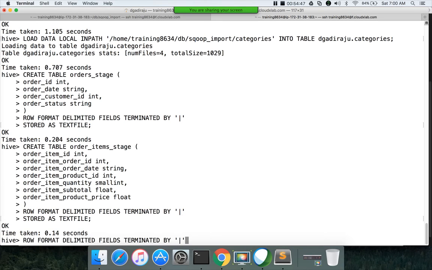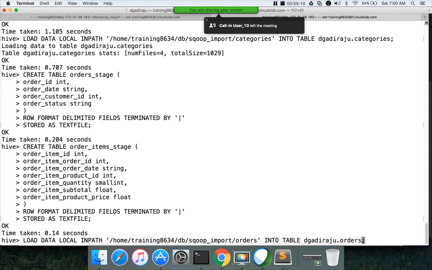We can use load command itself to load into the stage tables, not the final tables. If you try to load into final tables, as the structures are different, again the results will be incorrect. Even though the load command might be successful, the results will be incorrect.